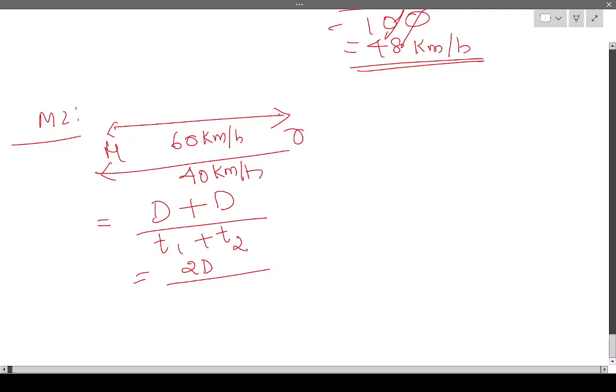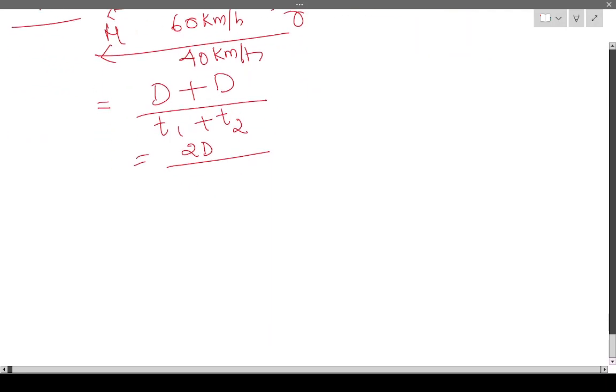I can write t1 as distance d by 60, so this is d by 60 plus d by 40. This d cancels. This is 2 into 60 into 40 by